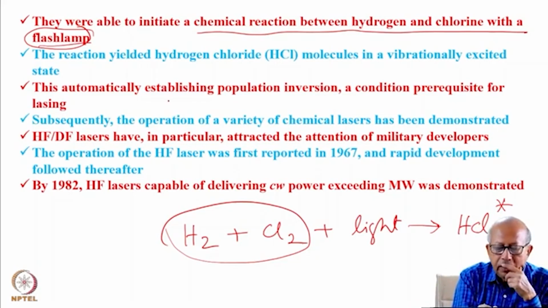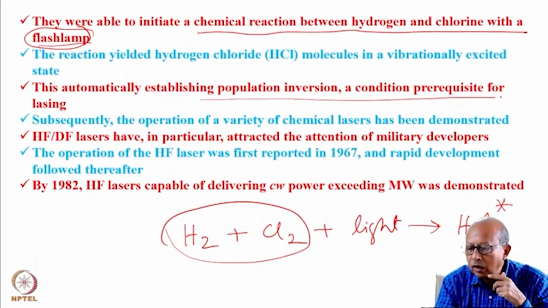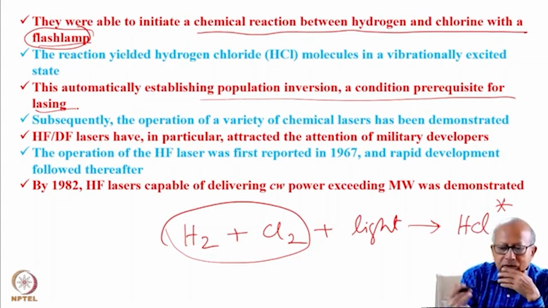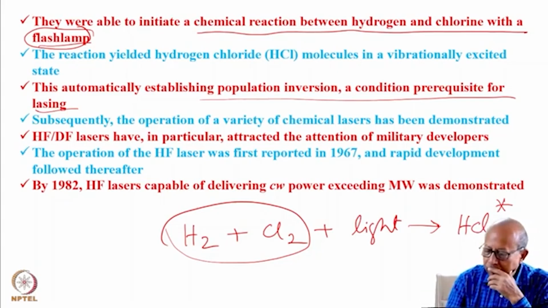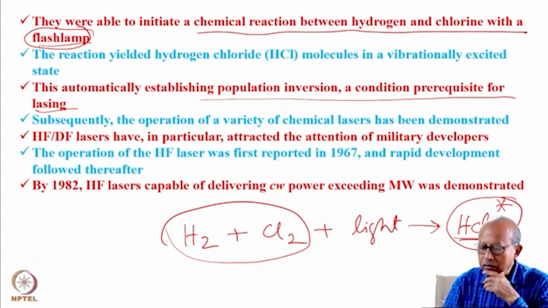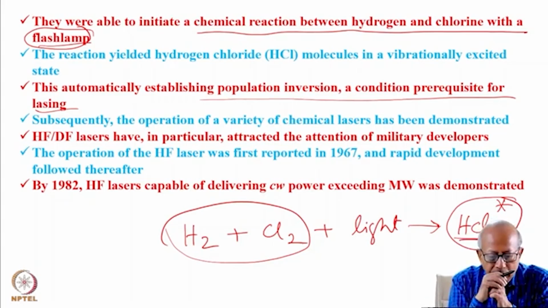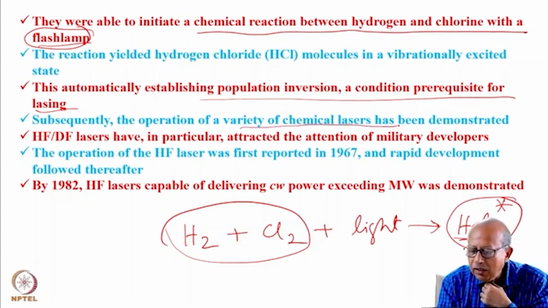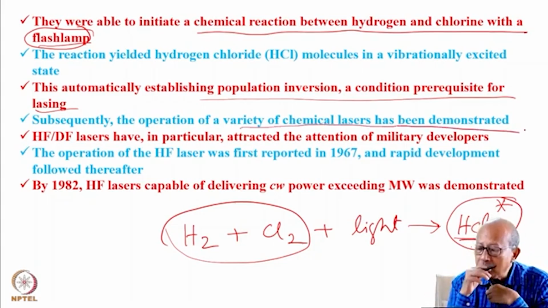So this automatically established the population inversion condition, the prerequisite for lasing. Subsequently, after they operated the first chemical laser using the hydrogen chloride molecule, the operation of a variety of chemical lasers has been demonstrated,